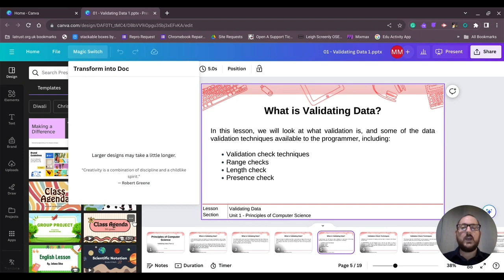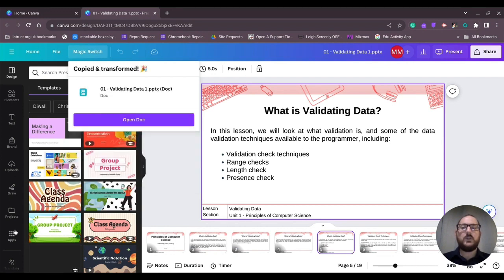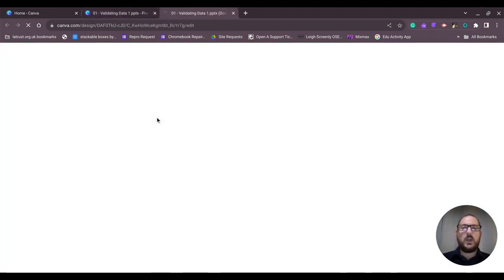Now it can take a couple of minutes depending on how big the document is and how much information there is for Canva to process. Now what the AI will do is it's now going through my presentation and it is attempting to identify what is the most important information. There you go, it says it's done, so I can click on Open Doc, and now what Canva will do